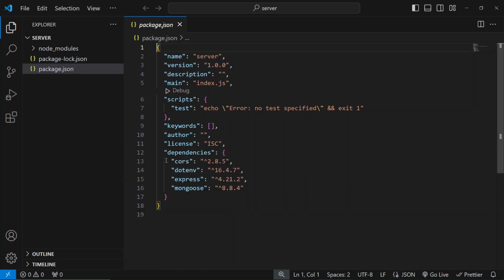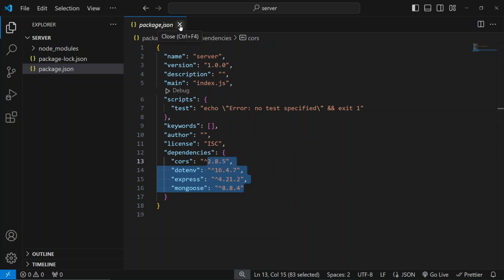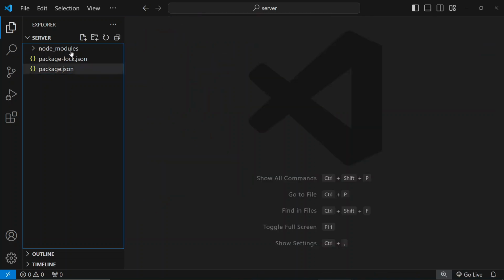Okay, so if we take a good look at the dependencies, we have 4 so far, and in case you get the source code and you're having any issues, just come to the package.json and make sure you install these exact dependencies. Okay, and you will not have any issues with the project. That's if you're going to get the source code. All right, now let's create